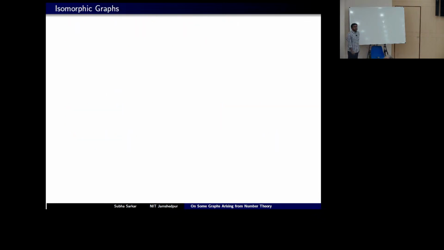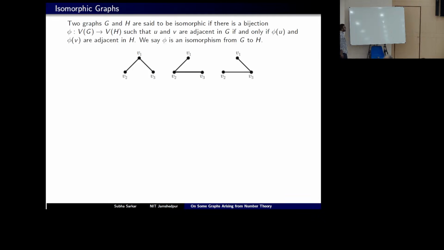Now similar to the definition of group isomorphism, we have graph isomorphism. So essentially they are looking different, but they are actually the same graph. This is the idea. So you say two graphs G and H are isomorphic if there exists a bijection between